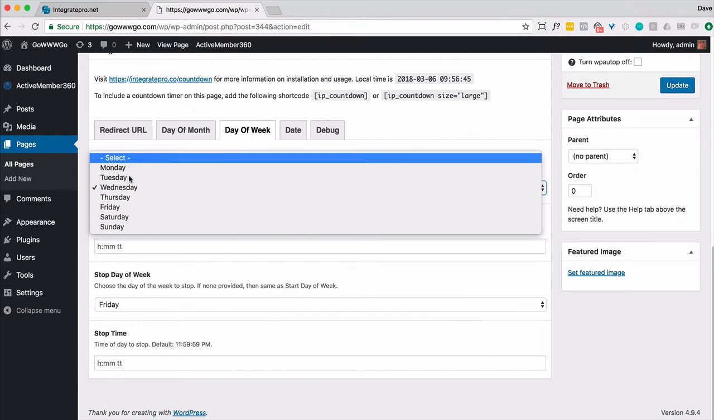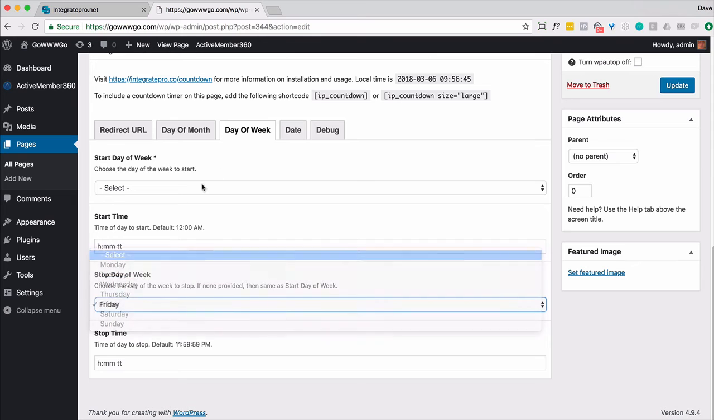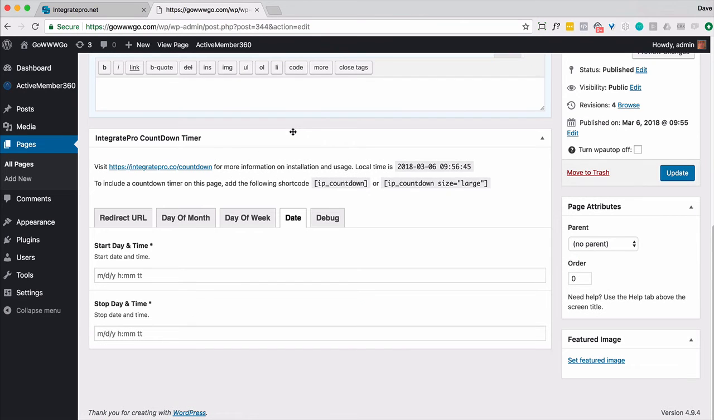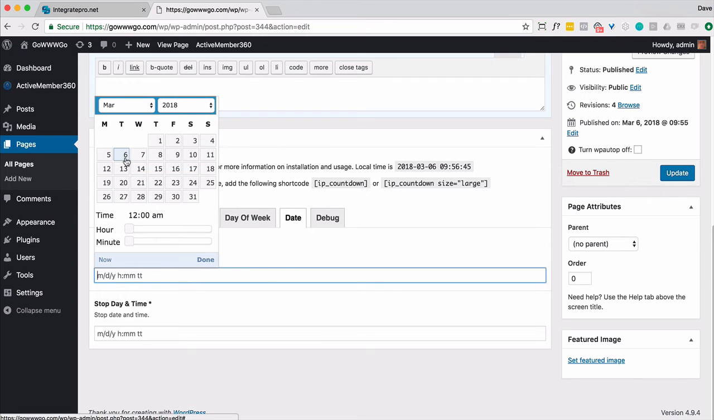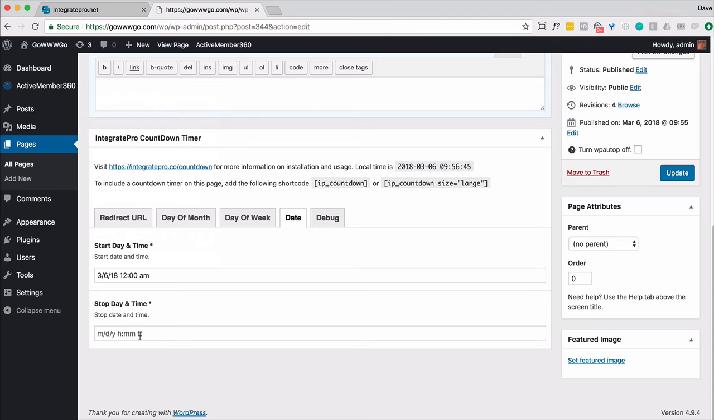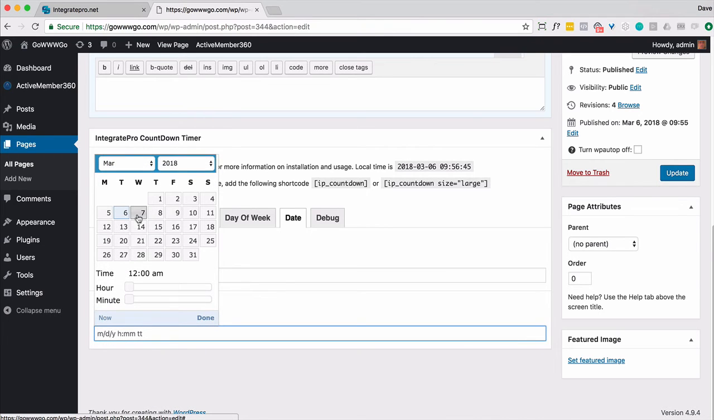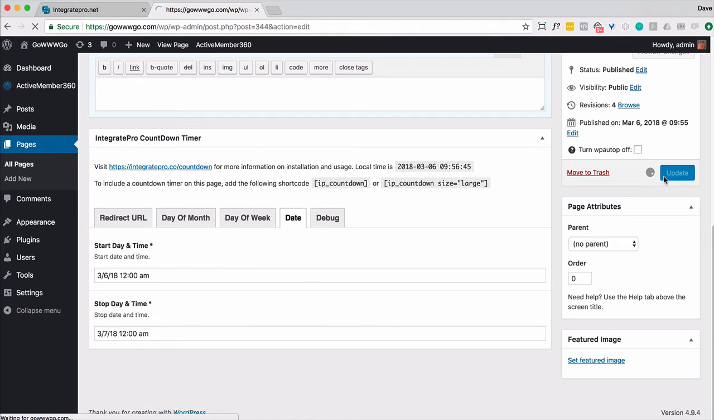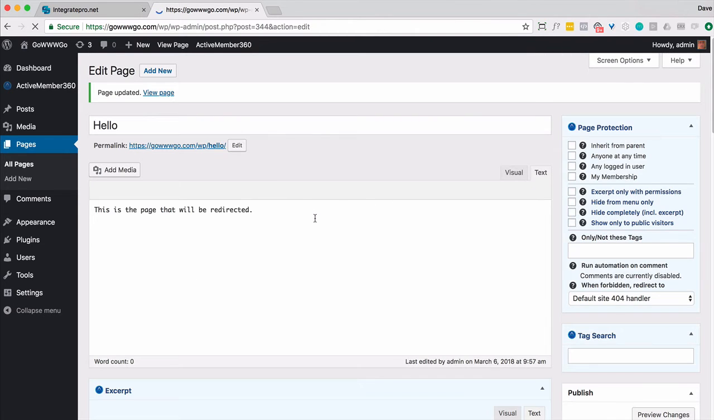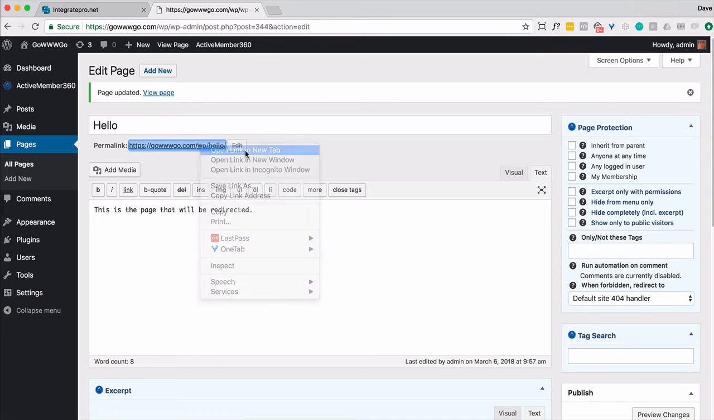And I will reset this. Don't want to have that set. Let's go to date. And like I said, today is March 6th. So I'm going to give it a very specific date. It defaults to March 6th. Midnight, and then I'm going to go ahead and say March 7th midnight. So that's a 1 day window, very specific date, and it will not redirect,